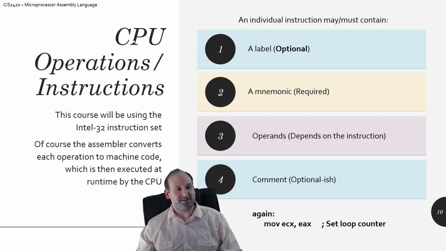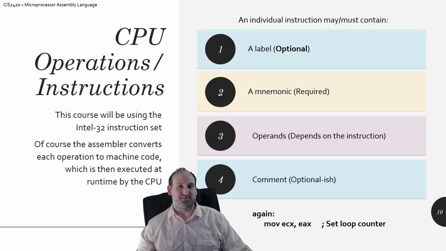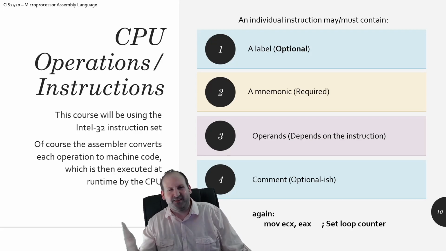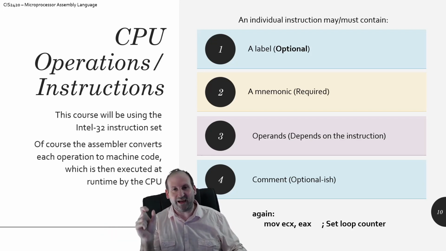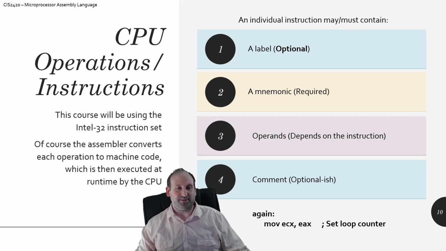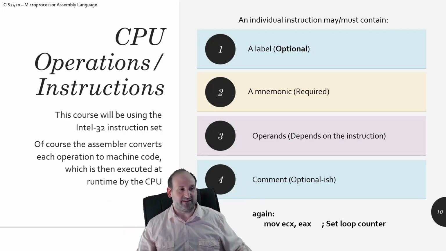Okay, so the operations themselves, for the next however many weeks, it's going to feel like there's plenty, like 5 to 10 new operations per lecture. And it is true. And what is an operation but like an add? Add two numbers together, subtract two numbers, move data from one place to another, and so forth and so on. All the things you know how to do in high-level languages. But again, remember, we can only do one tiny little thing at a time. The CPU can't handle these massive operations, and what it does is it has to break it down into smaller